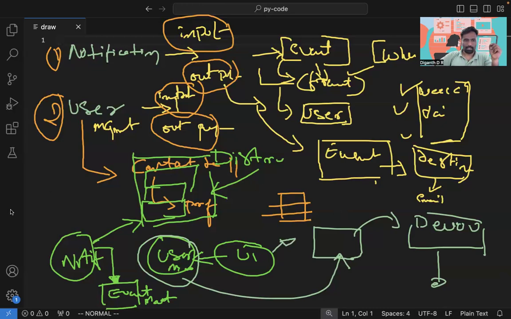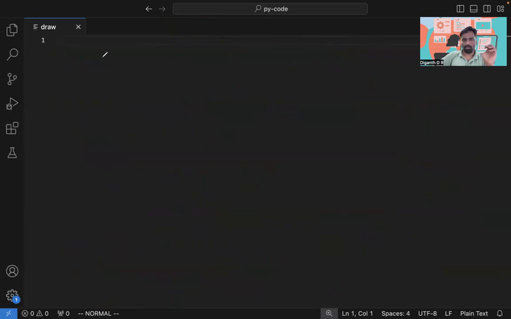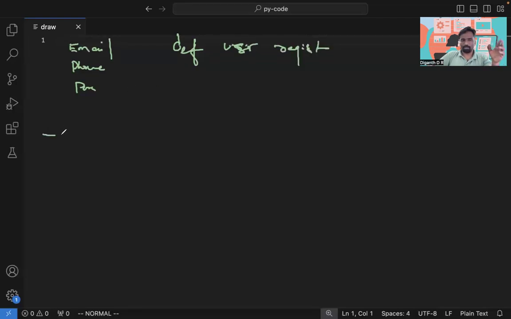So let me take, from a developer's point of view, what a user management looks like. I have got inputs, say email ID, phone number, contact details, subscription preferences, etc. I'm going to collect this. I'm going to write a function, say def something, user registration. So this is one of the flows, right? Once the user starts signing up, sorry for the spelling mistake, so sign up,